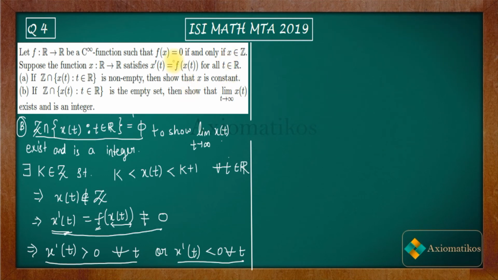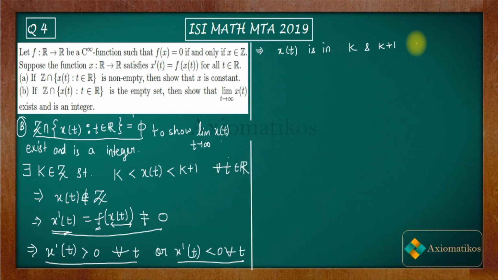So now move to this part. What you have to show is that the limit as t goes to infinity, x(t) exists and is an integer. All right, so let us try to think over this issue also. Now you have a completely increasing function. So use these things now, that x(t) is in (k, k+1), it's bounded, and let